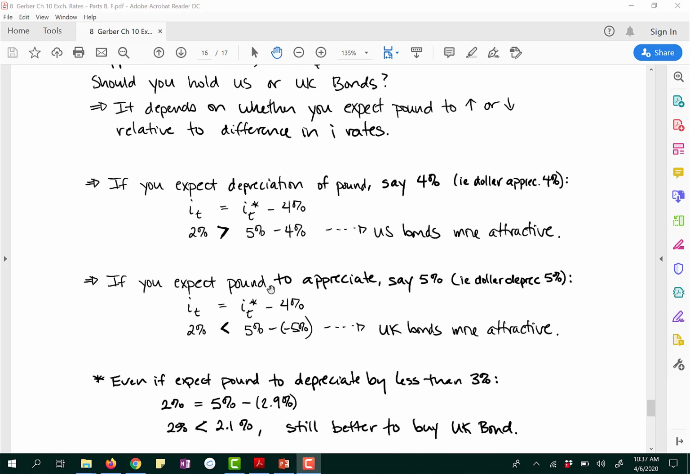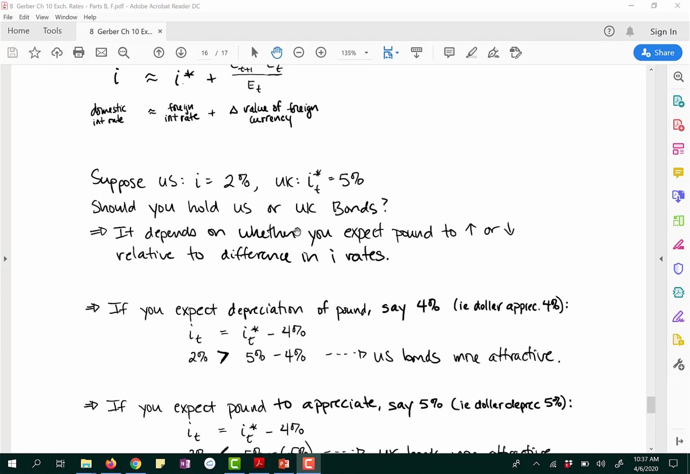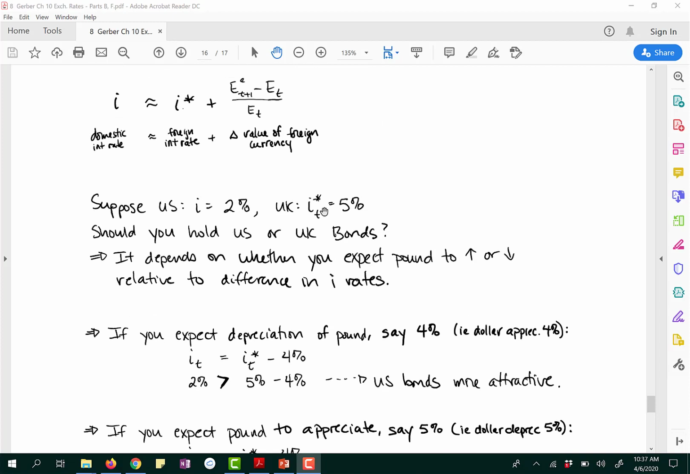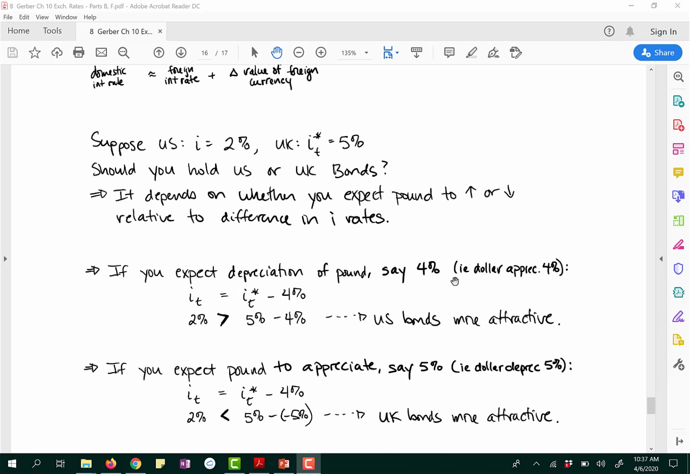So I have a couple other scenarios here, just going through a couple examples. Basically, you just need to plug these numbers into this equation, where this is the expected appreciation or depreciation of the foreign currency. So if, for example, you expected the pound to depreciate 4%, that makes the US bond more attractive. The net rate of return will be higher